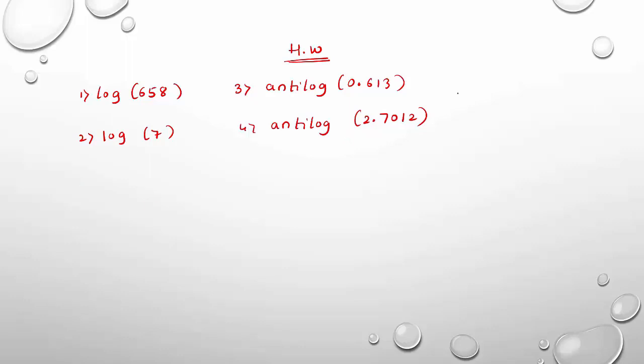Then fifth question, that is antilog of minus 28.1610. Sixth one, antilog of, we can write it as 5 bar, both are same here, minus 5 or 5 bar, 0.7843. So try to solve the given 6 problems so that it will be very clear for you about log table.